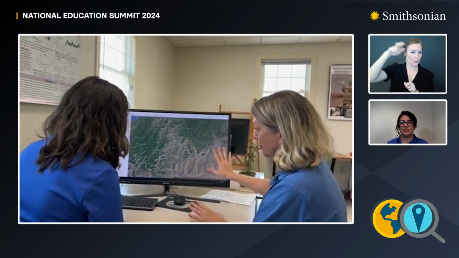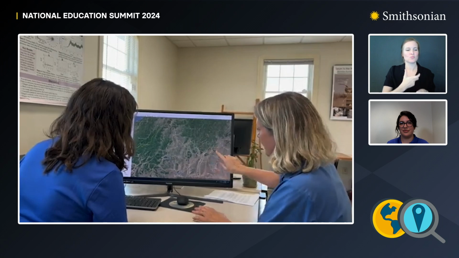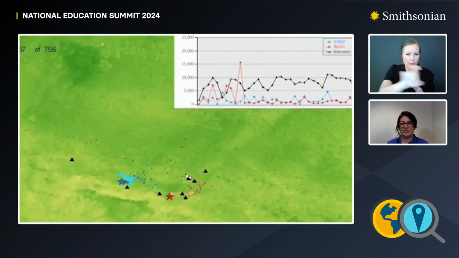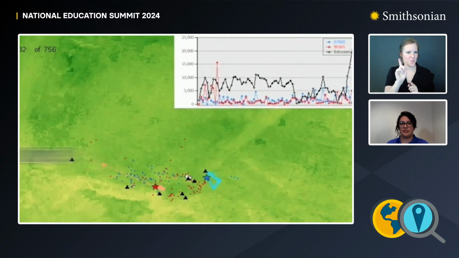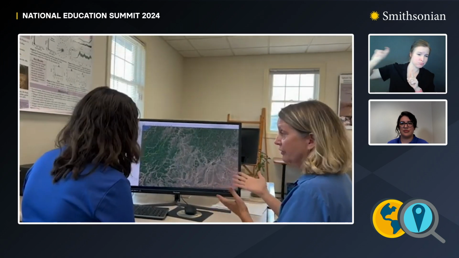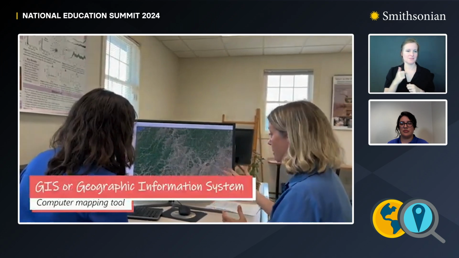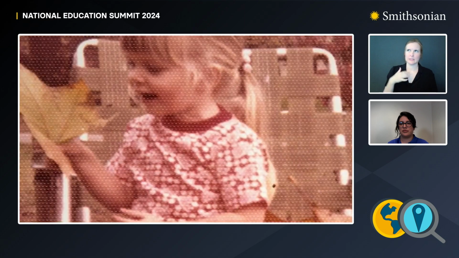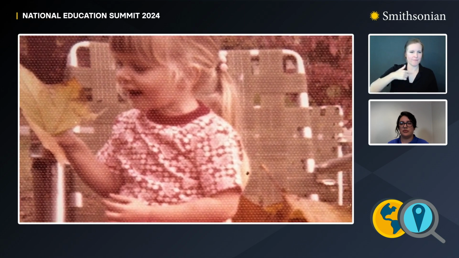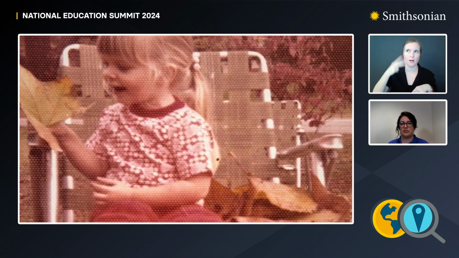This is habitat for Przewalski horses, and you can see the different types of habitat, and we can put their movements over this and see what they're selecting, where they're moving, how big a space they're moving in. So by putting this all together in this GIS, which is a computer mapping system, we can discover new things. When did you become interested in this career? One of my very earliest memories was when I was around 5 years old, hiking in the Appalachian Mountains, and I remember I saw birds and a squirrel and even a deer, and that eventually led to learning about nature, biology classes, and eventually graduate degrees.